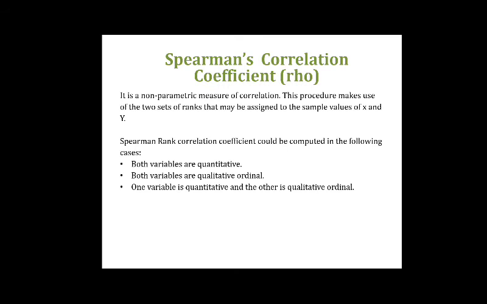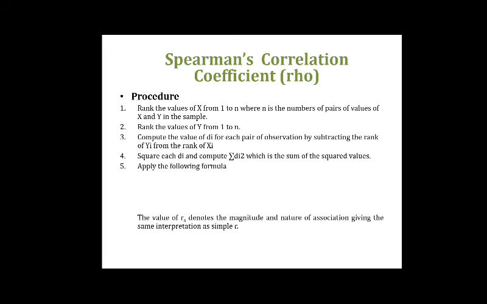Both variables may be quantitative, or they may be qualitative, or one may be quantitative and the other qualitative. It may happen that both are not in numeric form. One will be in character form, meaning qualitative. For example, name or category, such as professor or lecturer, are categories, which is called qualitative. Whenever we say 10, 20, 50, those are quantitative. So both variables can be qualitative, both can be quantitative, or one can be qualitative and one quantitative. This may happen.